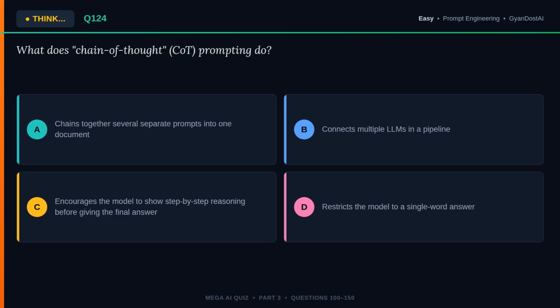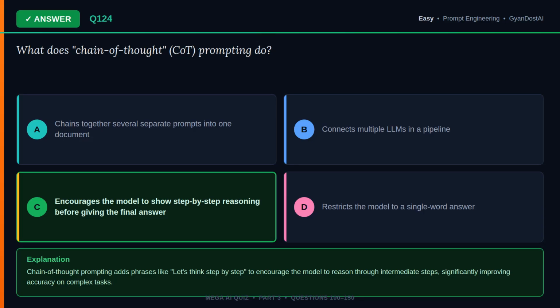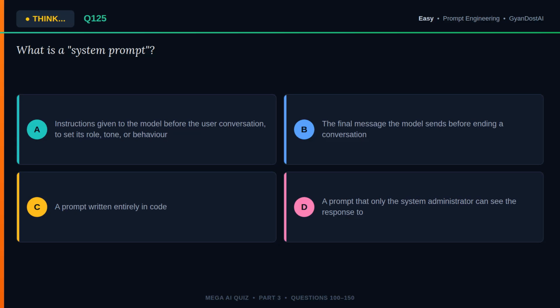Question 124. What does chain-of-thought (COT) prompting do? Option A. Chains together several separate prompts into one document. Option B. Connects multiple LLMs in a pipeline. Option C. Encourages the model to show step-by-step reasoning before giving the final answer. Option D. Restricts the model to a single-word answer. The correct answer is C. Encourages the model to show step-by-step reasoning before giving the final answer. Chain-of-thought prompting adds phrases like "let's think step-by-step" to